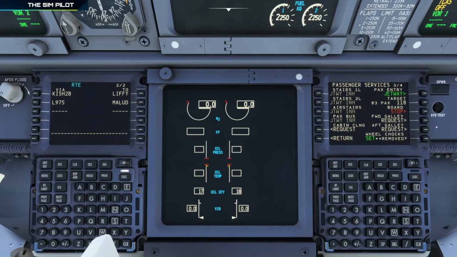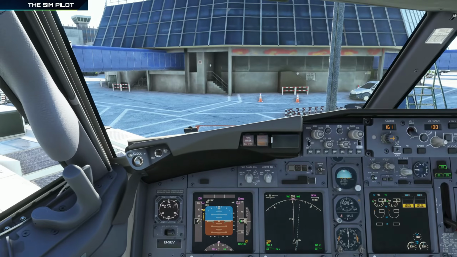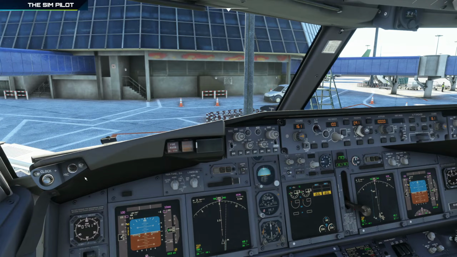We'll go back to the route page. We still do not execute this yet. So that's the first information we received. The second was to climb to flight level 100, which is the default setting in the MCP, 10,000. It's there. The third piece of information we are given is the approach frequency